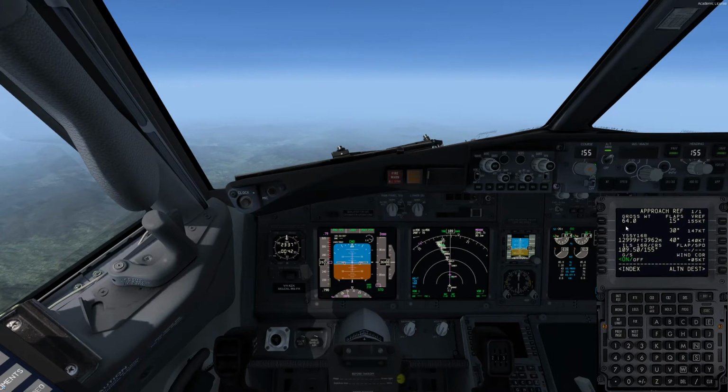You get 23 nautical miles, you can do the progress now. So you've got flaps 15, flaps 30, flaps 40, to give you VREF speeds for those settings. I'm going to do flaps 30,